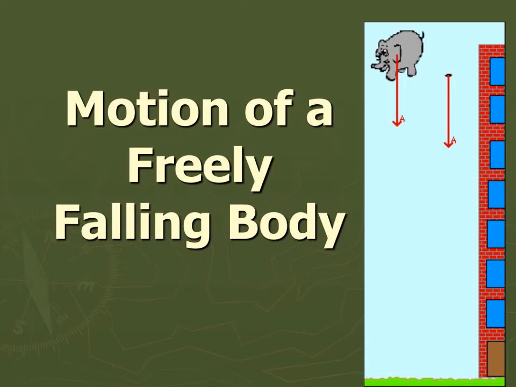If the elephant and the stone are falling from the same height, what will you observe? I will tell you. First of all, the stone and the eraser reach the surface of the earth almost at the same time, but when you drop the eraser and paper, the eraser reaches first and the paper reaches later.